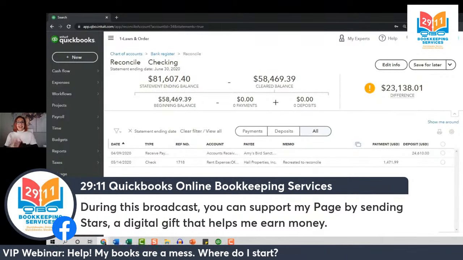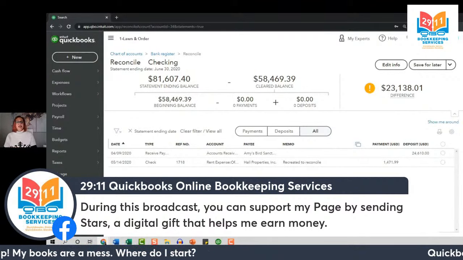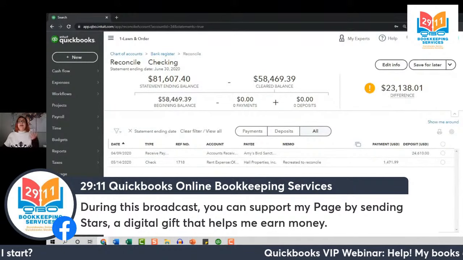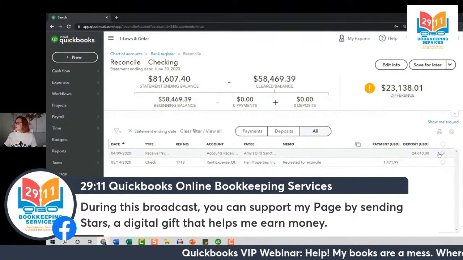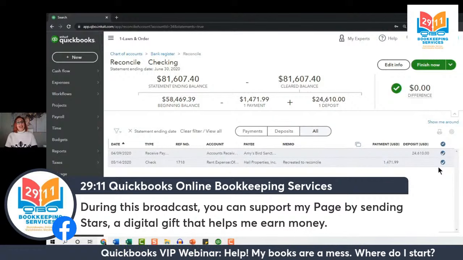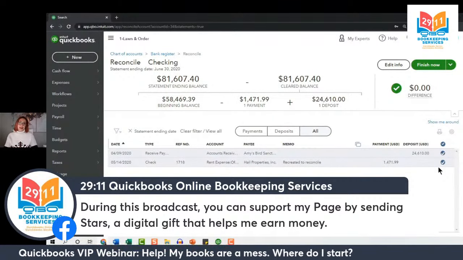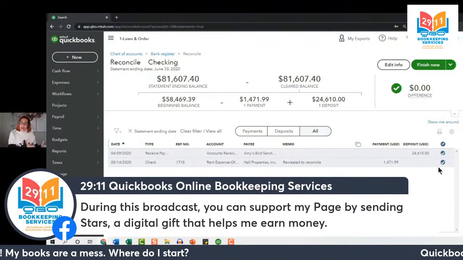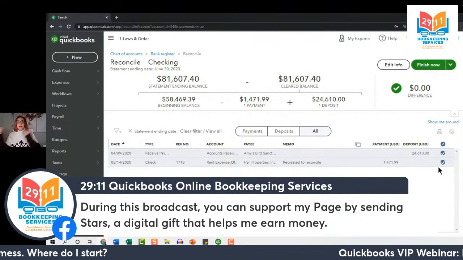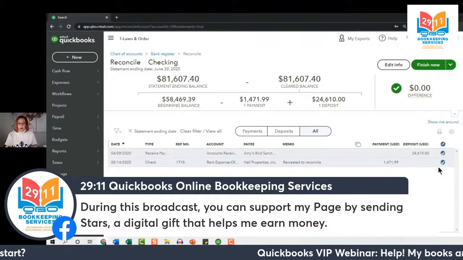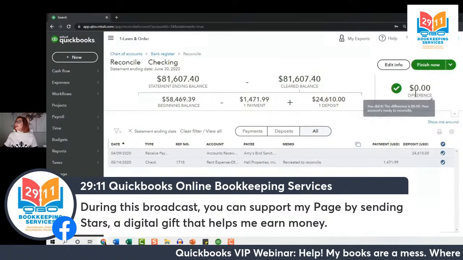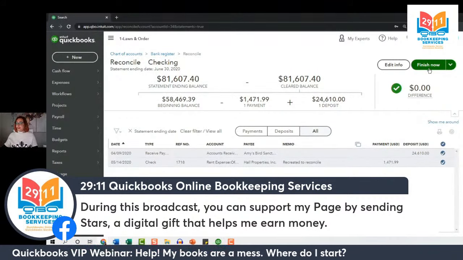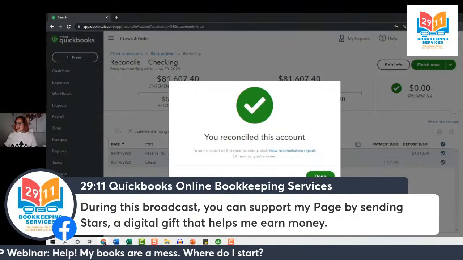And there we go. QuickBooks is going to think about it for a second and pop us into our reconciliation screen. And here are those 2 transactions that we recreated. When we check them off, if all the math works out, you will have a $0 difference. We are accounting for those transactions that were previously reconciled and then changed. Because we changed them back, we recreated them in this case. Now, when we complete this mini reconciliation, I'll select Finish Now. And congratulations, we did that.